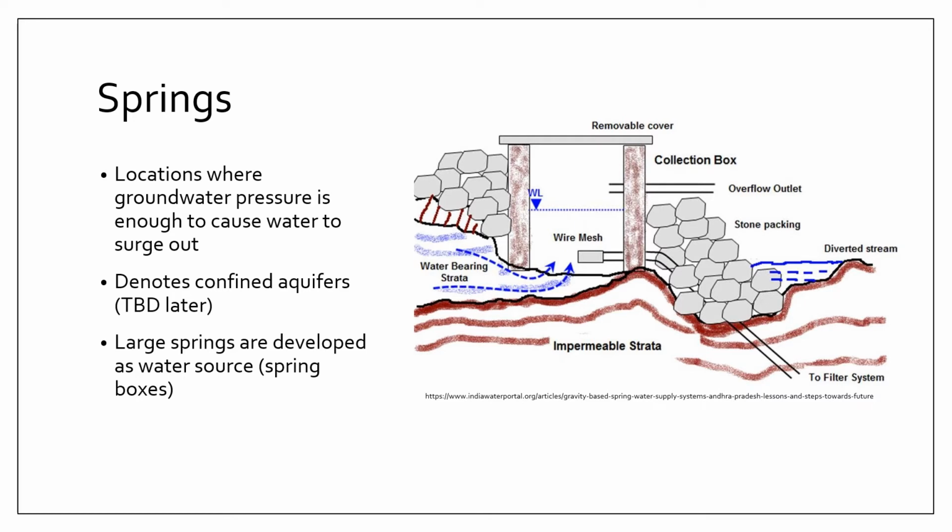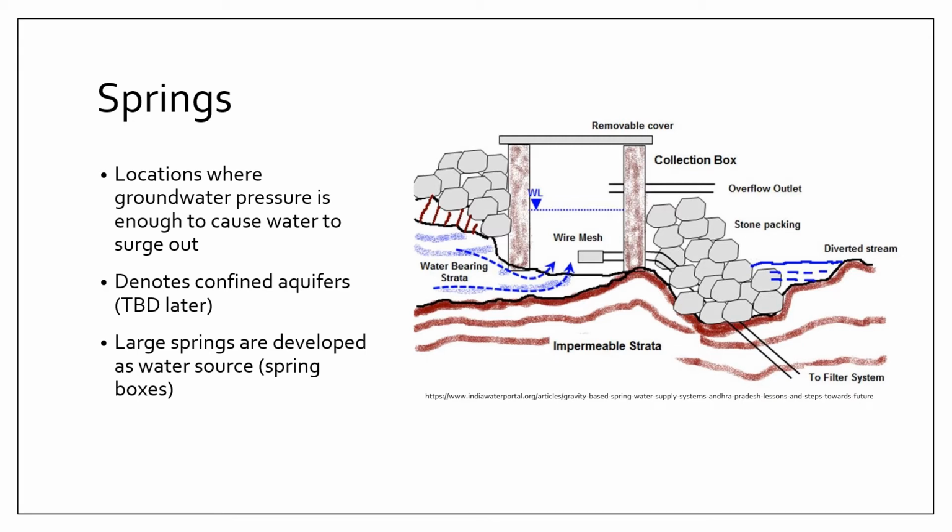In terms of water supply, large springs are important as they can be developed into a water source by the construction of spring boxes. The diagram here is a schematic of a spring box, right? You can see here you have a housing typically made of concrete which